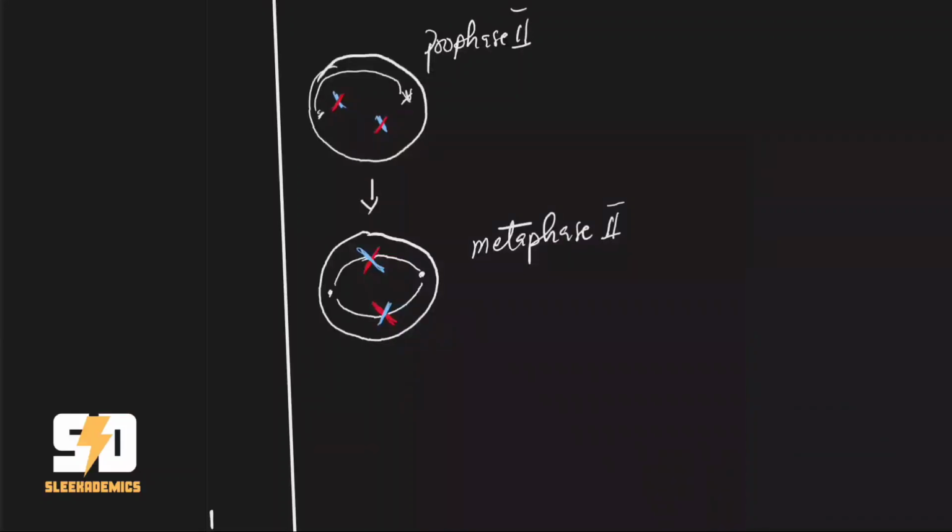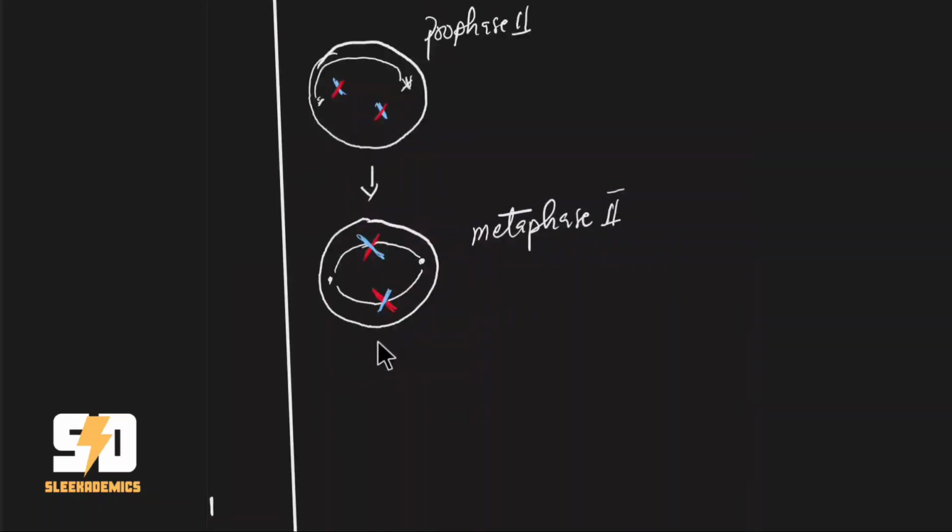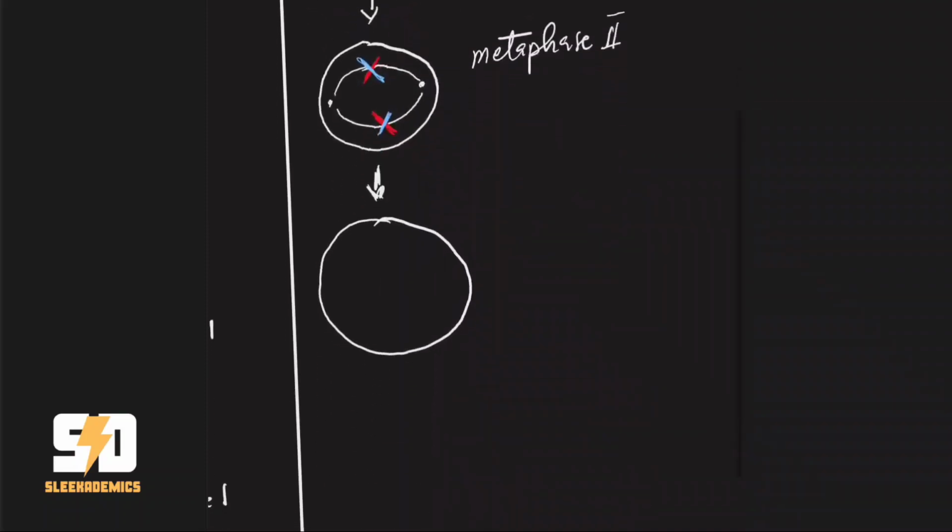So they assemble themselves in the center. Of course, you know what will happen next in anaphase. Now in anaphase 2, there will be movements. All right, so let's draw out the anaphase. Now there will be movement to the extreme. All right, so the extreme, the poles. So we'll have something of this nature,